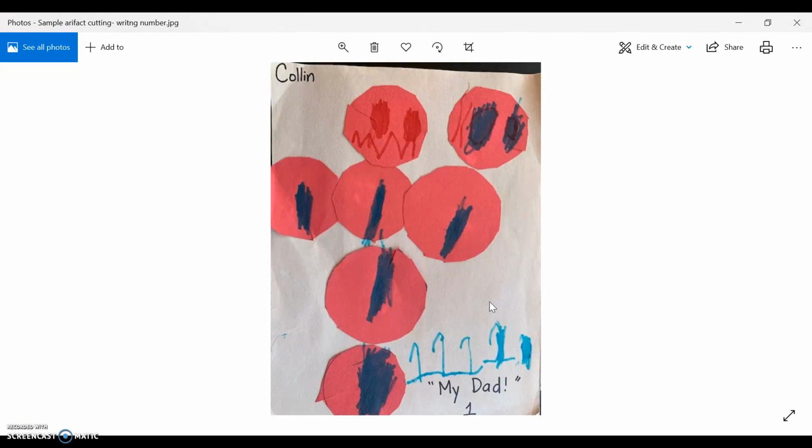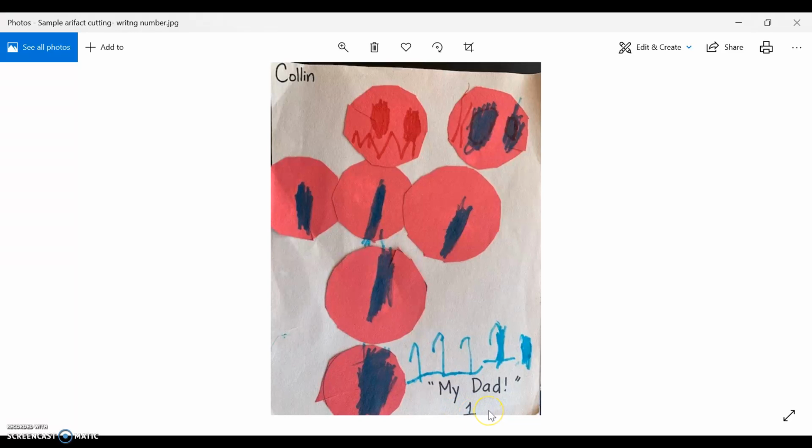So that's a skill that we could talk about, is that he had the circles, he traced them. He actually didn't trace all of them, because you can see here where it looks like it's perfectly done, but he did trace some of them, but he did cut them out. So again, he used those fine motor skills of being able to hold the scissors, turn the paper to cut it out. He also was using his imagination, and he had made a figure of his father,